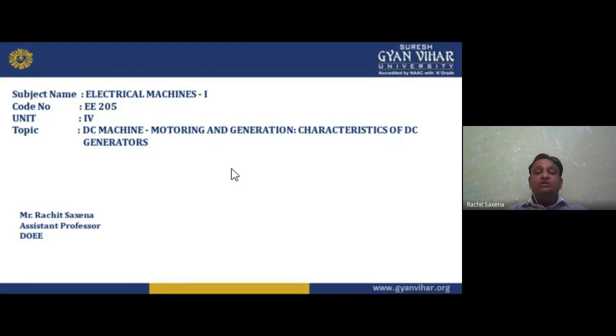Now, if I am talking about the generator, my dear students, has it become obsolete? We are not using generators nowadays. If I want DC, I can purchase a battery from the market. If I need a high voltage rating of DC, I use rectifiers that convert 220 volt AC into 220 volt DC. Instead of using 12 volt batteries to create 240 volt, I would need 20 batteries, which costs a lot. Instead, we directly convert AC into DC with the help of a rectifier.